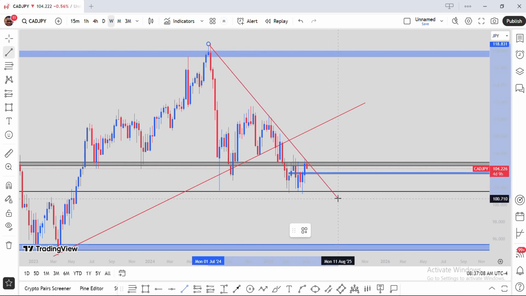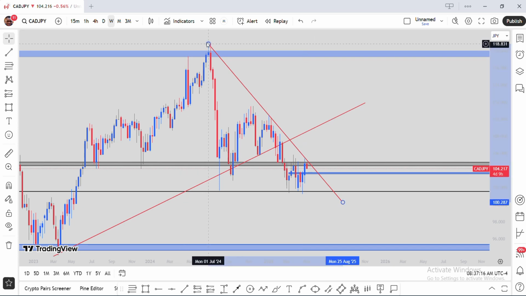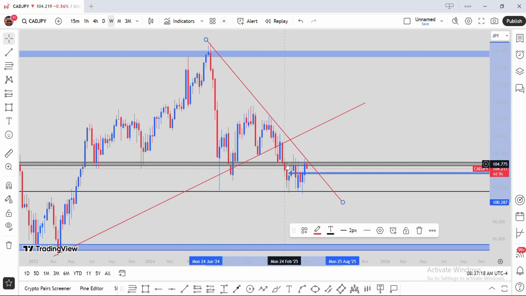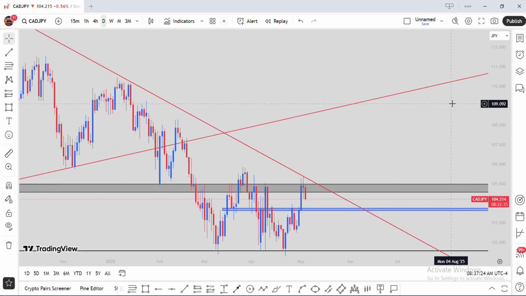If I drag it to the downside like this, there was a trend line here that price seems to be getting rejected from at the moment. So let me go down to the daily time frame so that we can see clearly. Okay, so now